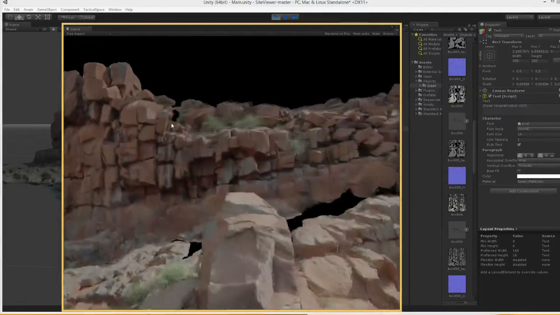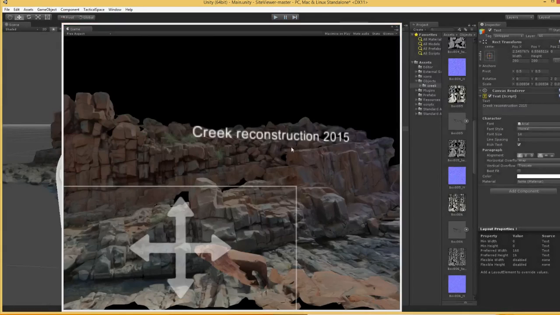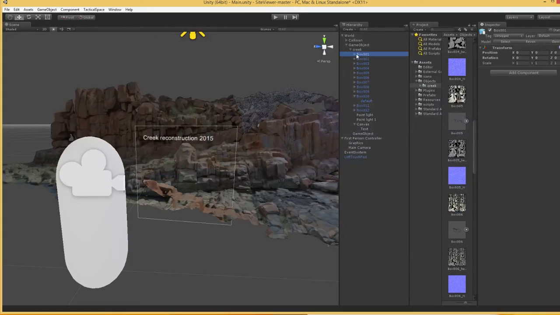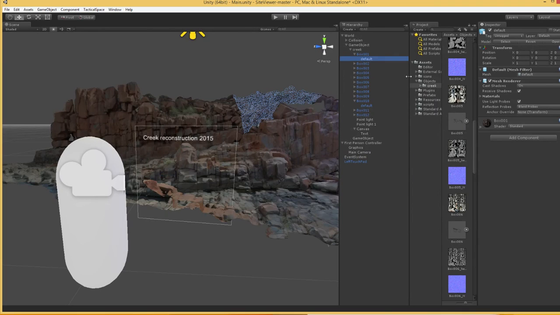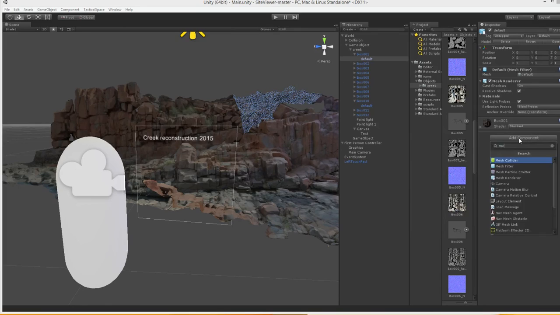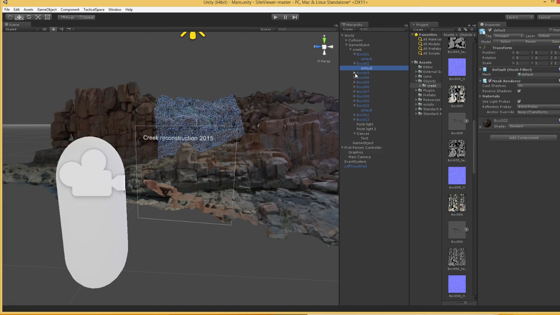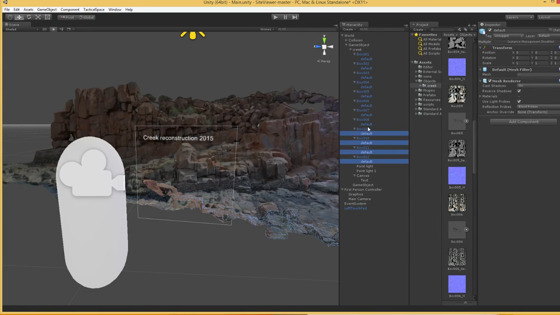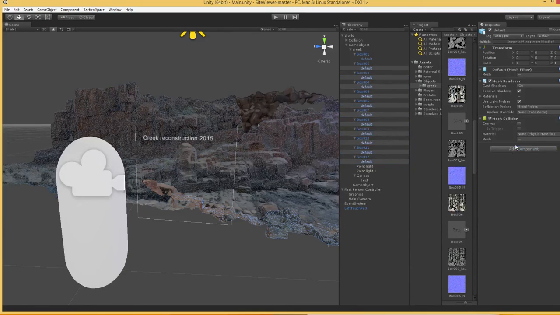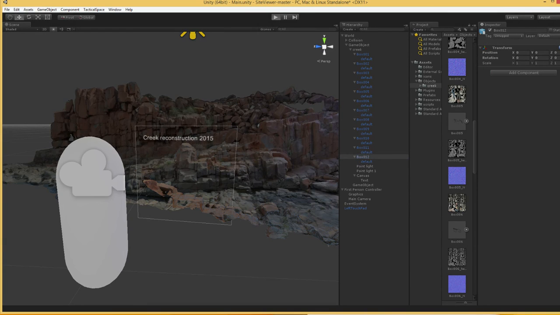I do want to add colliders just to show you how to do it. It's really simple. We just come to our box, select the mesh itself, and say add component mesh collider, and we'll do that for all of these. In fact, I think I can do it all in one go. If I select all of them, add component mesh collider. Okay, now if we run it,